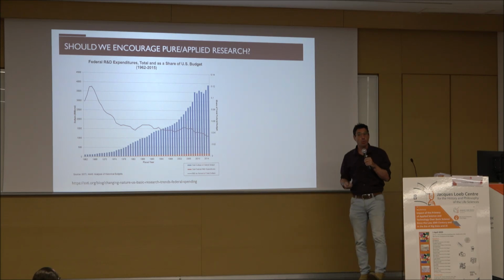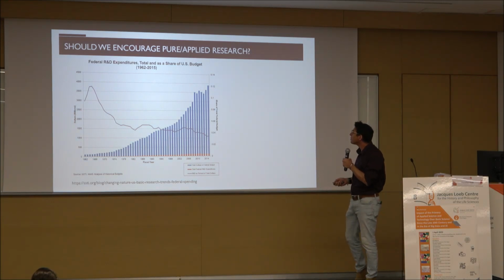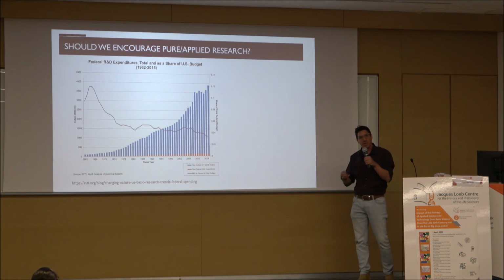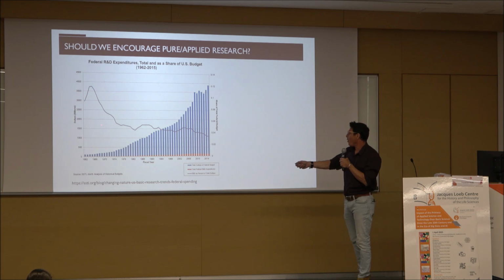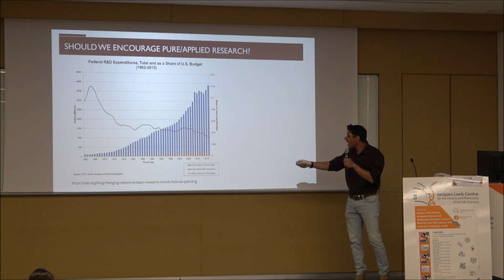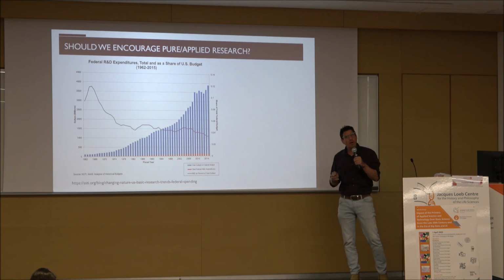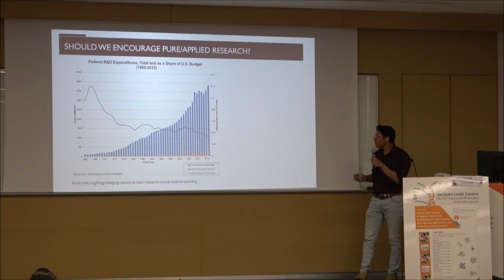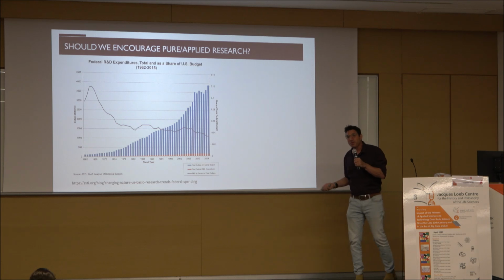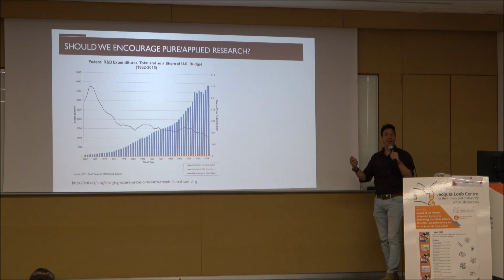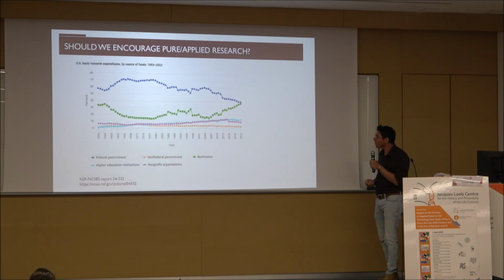Now, what is going on in the world? Roughly speaking, and this is the US, but the US is representative of the world because scientifically speaking, they are of the world. You see that the percentage of the federal budget going to applied science is going down, but moderately. The situation is not that bad. This is the federal R&D total, and this is the percentage for basic science. Not great, not terrible. It's not like we're fighting for our lives in the pure sciences. I don't think that's the situation.